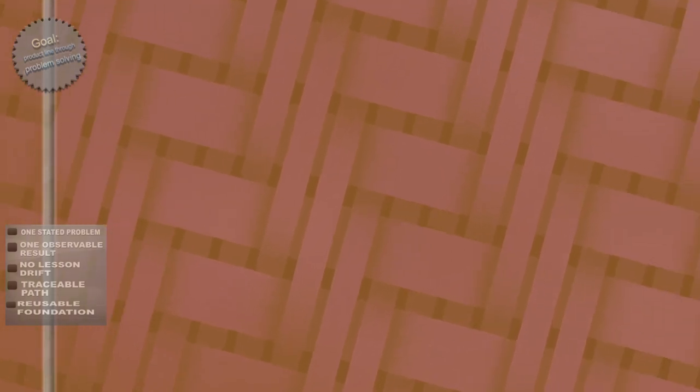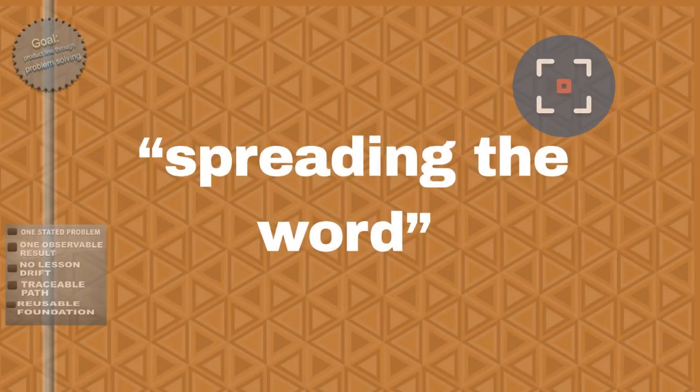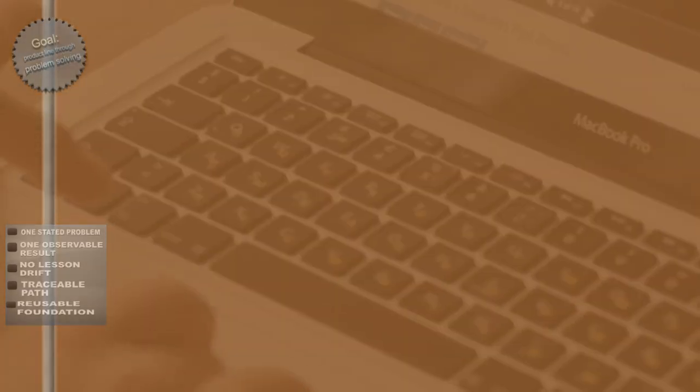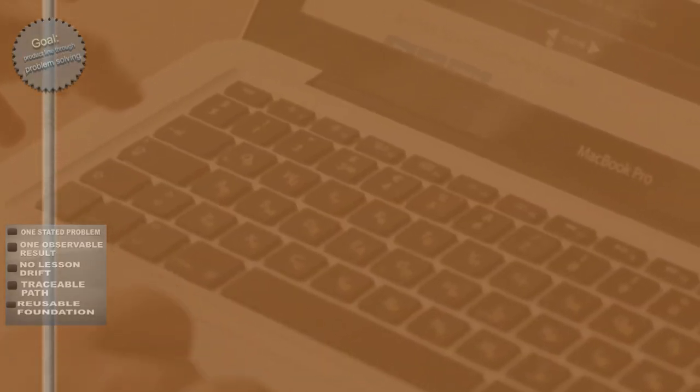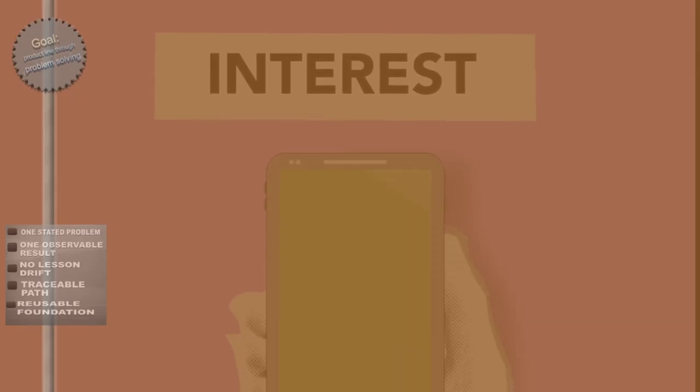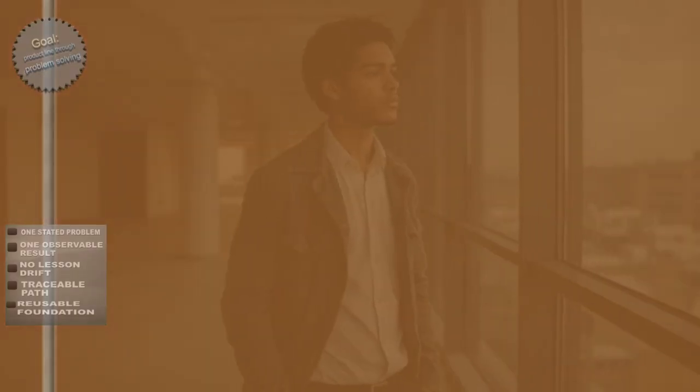A paid launch with no prior promotion often reveals something deeper than marketing timing. It reveals weak naming of the gap and weak naming of the buyer outcome. When those two things are clear, they show up naturally in how we describe what the course does without stretching or decorating it. When those two things are unclear, spreading the word turns into vague claims that do not match any single lesson path inside the course. The traceability test fails because even we cannot point cleanly from promise to lesson to result without adding extra explanation. That failure matters now because an end-of-year product line needs offers that stand on their own structure, not offers held